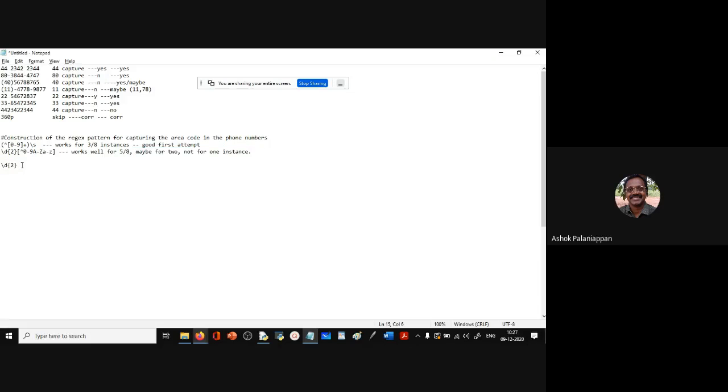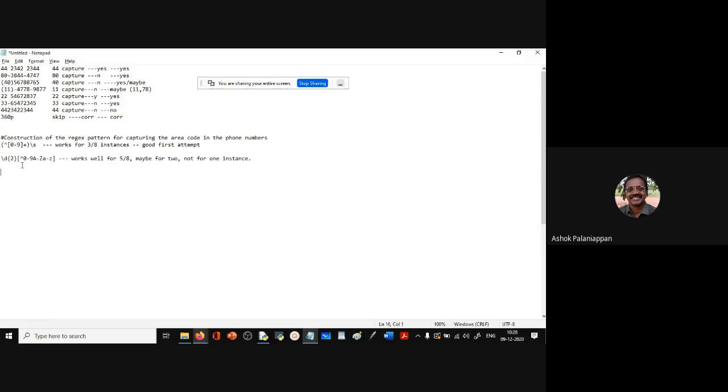Okay. So this is how we analyze whether the pattern works. We take the pattern and apply it to every line, to every example, and see whether the expected result is returned by the pattern or not. And we record it for every example. And finally, we see for how many examples it is working, how many is not working. From this, how can we improve the pattern? That is what we have to do. Now you see, this pattern works for 3 out of 8. This works for 5 out of 8. So maybe we can improve this and get an even better score. And finally, we should get 8 out of 8. That is what we should get. So any suggestions on how to improve this?